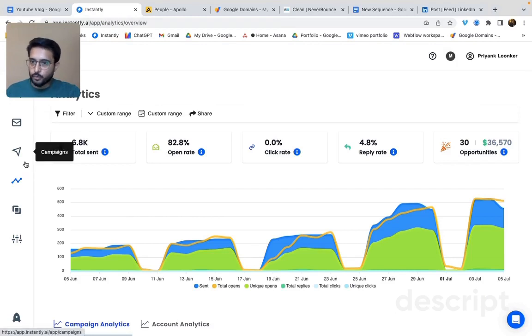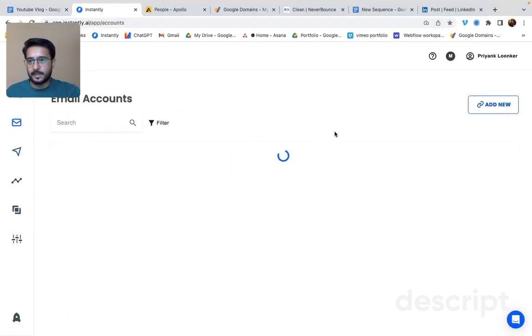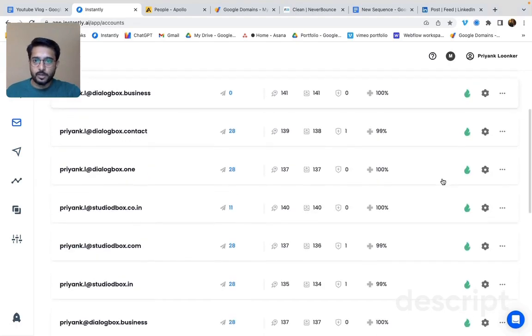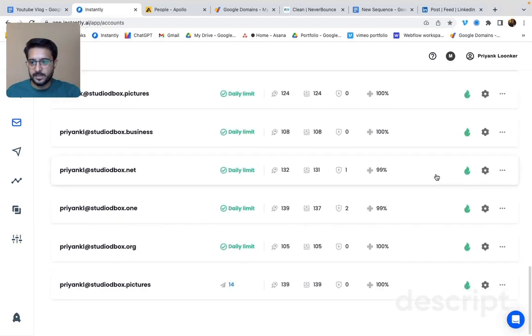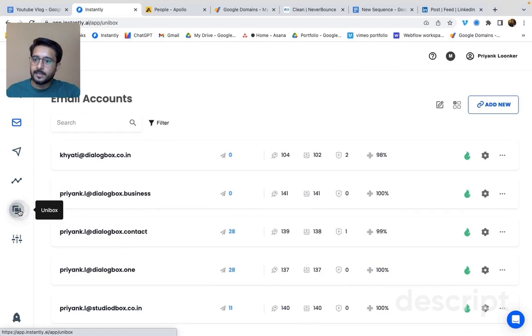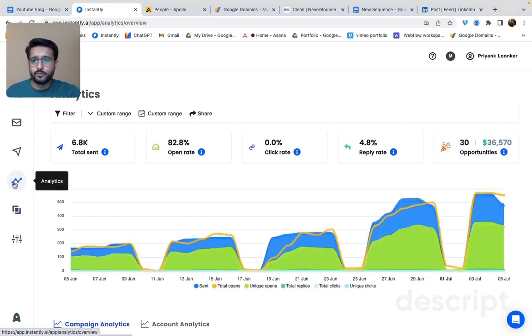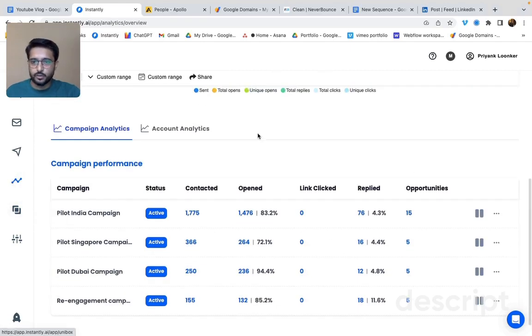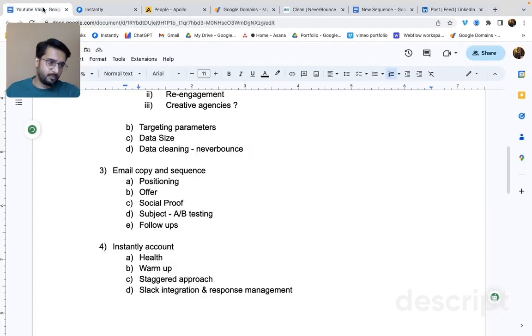Now, all of this is automated. So we used this tool called Instantly. We uploaded all of these email IDs and then we warmed them up for a couple of weeks. So as you can see, this is how it looks, and these are all the email IDs that we have. And then to track all the responses, we used its Unibox feature. Instantly has a lot of cool features. It gives you analytics, it gives you Unibox, and a lot of things that we do are enabled by Instantly, right? And it costs about $97 per month, which I believe is total value for money.